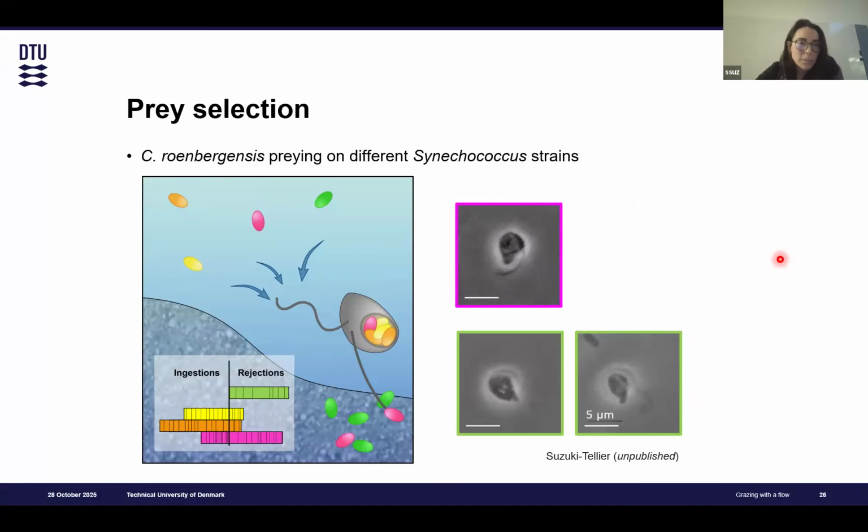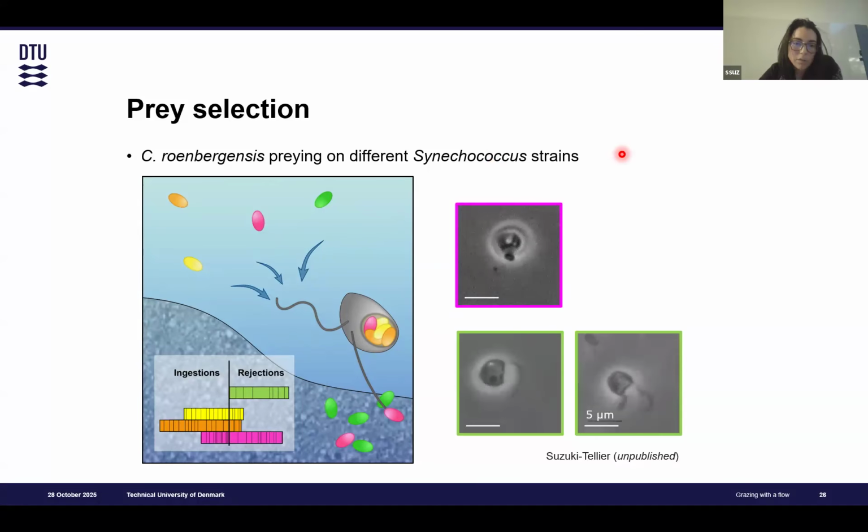And lastly, just to quickly mention prey selection, because these organisms are also able to select their prey. This is a species with hairy flagella, so it has mastigonemes. I was able to quickly see, though this has not been published, how this flagellate was able to distinguish different strains of Synechococcus. Reasons still unknown,